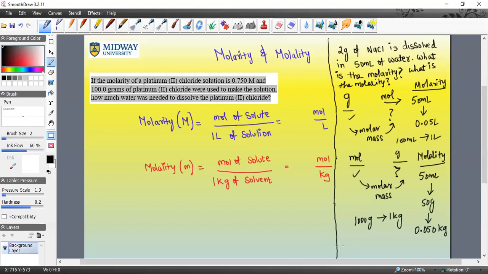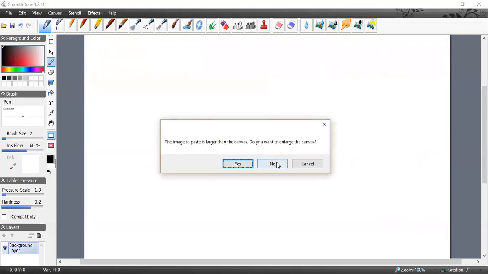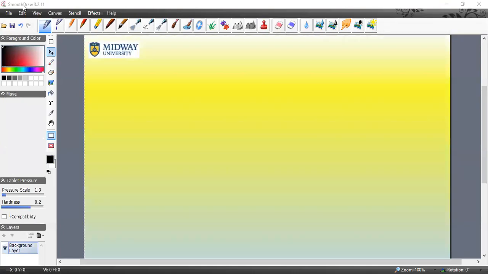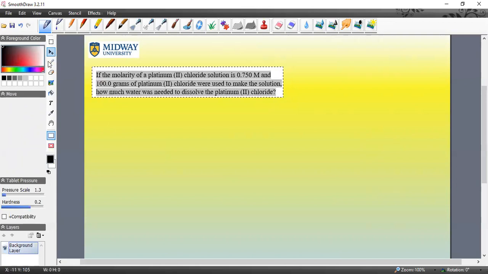Okay, so let me get rid of this screen and bring back my original screen, and then also bring back this problem. Okay, now